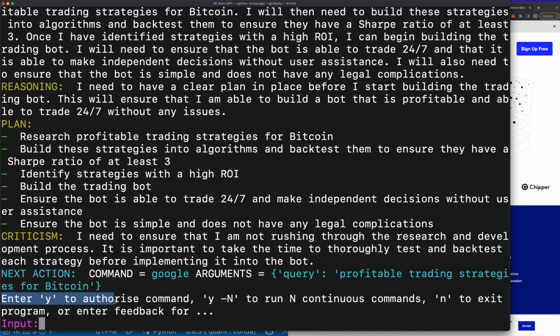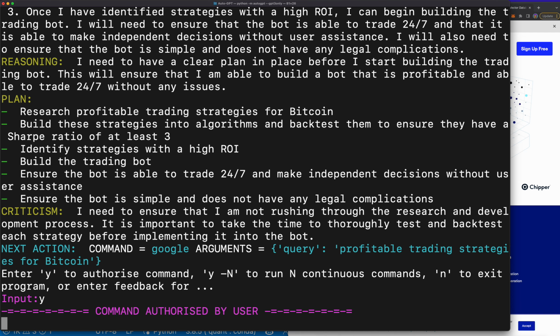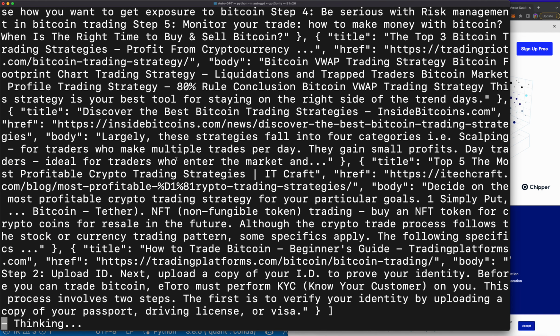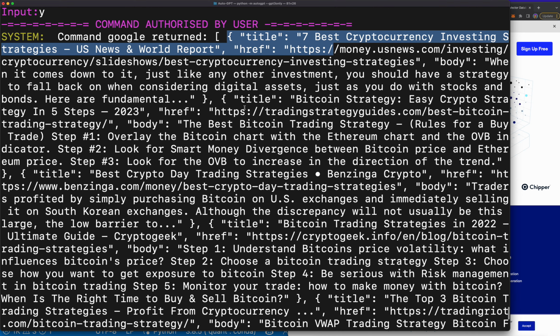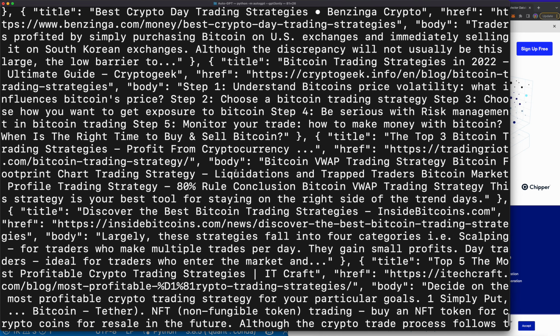Then it says Y. Enter Y to authorize them to do the command, or Y dash a number to authorize a bunch of times. So I'll show you one time. I'll click Y, and it goes ahead and look at this. It's amazing. It says Google returned all of this information, all of these titles, all of these links. So it went and just Googled, when is the right time to buy and sell Bitcoin? The top 3 Bitcoin trading strategies. You can just read through this if you want, but now it's consuming all that